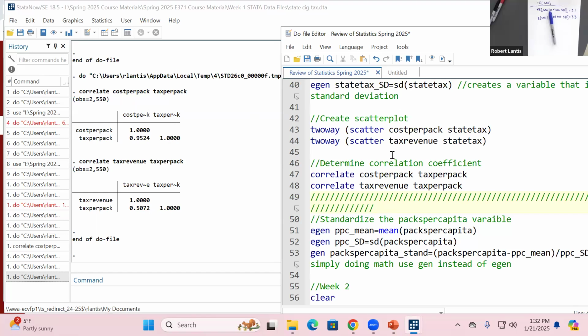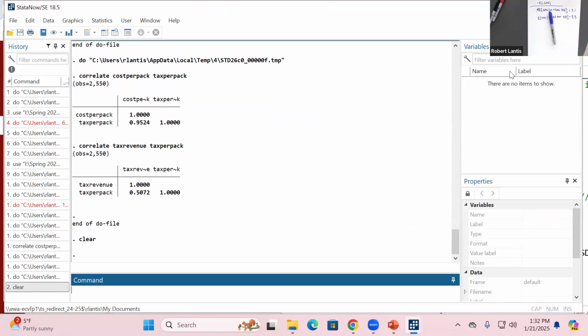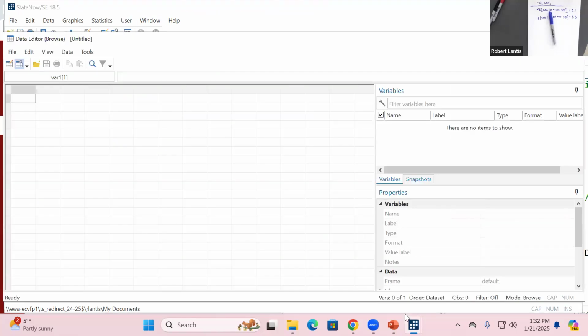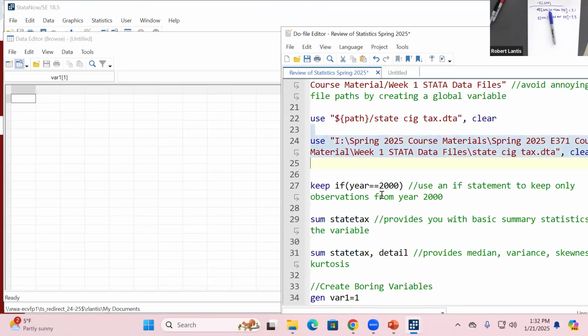Why? Because as long as you save the do file, even if I clear out the data. So notice one thing, it's telling me I don't always have to use that data browser. It tells me what variables I have. I just can't look at the actual observations. I just cleared this out. I've got nothing left. Well, I've got to start all the way over from the beginning. Well, that's fine because as long as I have this saved,